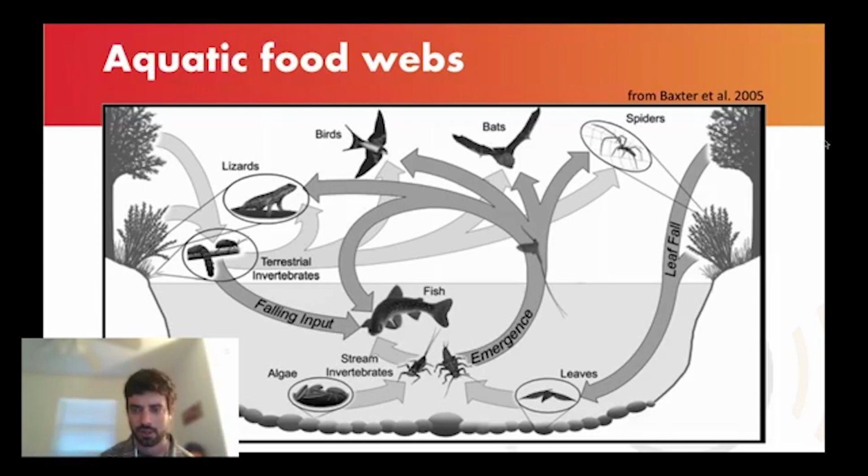I don't know if there are any fly fishermen out there, but when you hear fishermen, especially fly fishermen, talking about the insects and the caddisflies or the mayflies, whatever, that's what they're talking about. They're talking about these aquatic insects that live inside the stream.